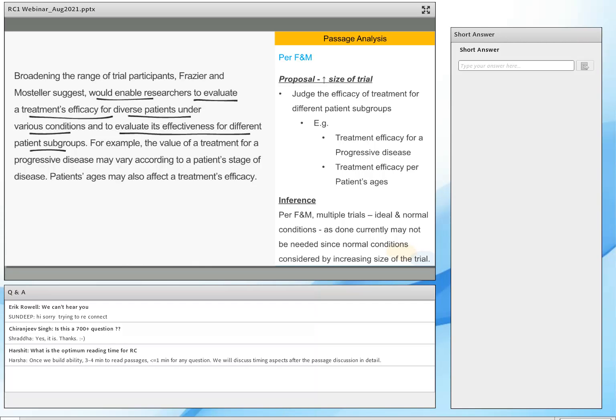Now, what does it mean? What are patient subgroups? The author does not leave us questioning that. The author goes an extra mile to explain that to us. For example, what do you mean by patient subgroup? Who can form a subgroup? The value of a treatment for a progressive disease may vary according to the patient's stage of disease. So what is the first subgroup or subcategory that the author is talking about? It is saying that, for example,